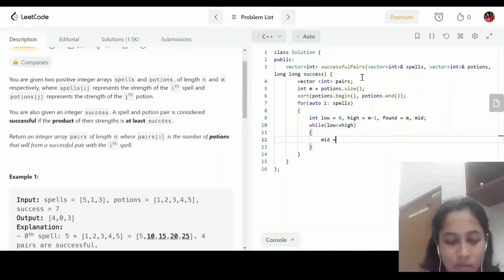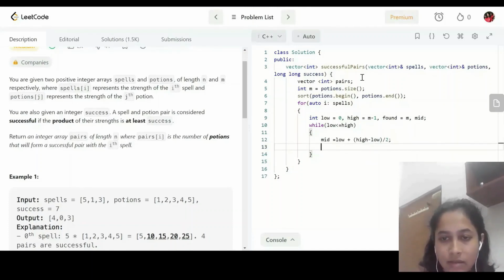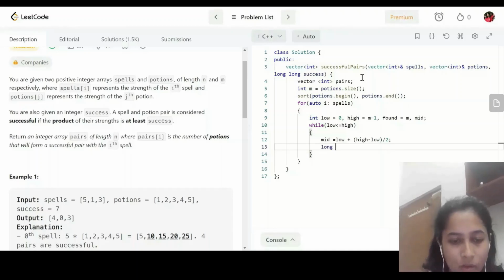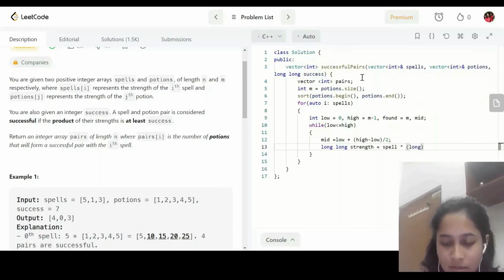mid equals to low plus high minus low divided by 2. So long long strength. In this I will be storing the product of spell and let's type cast portions.